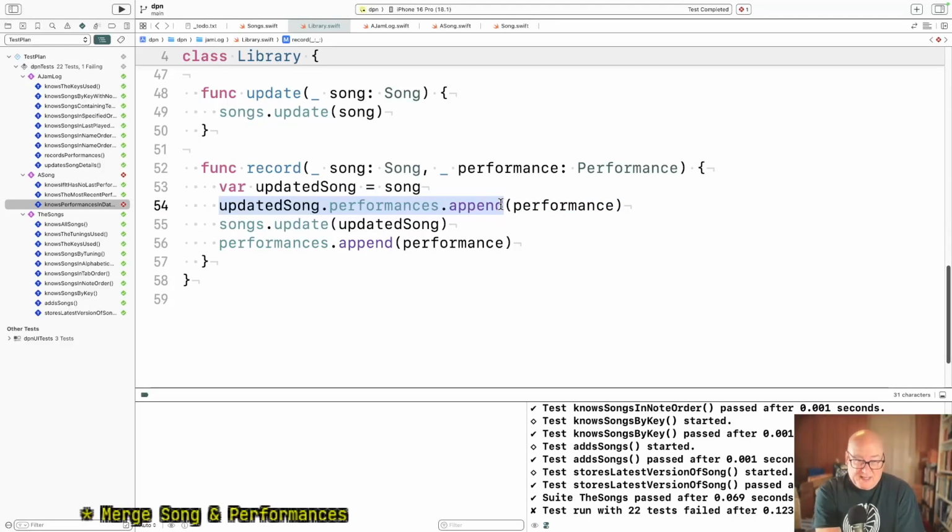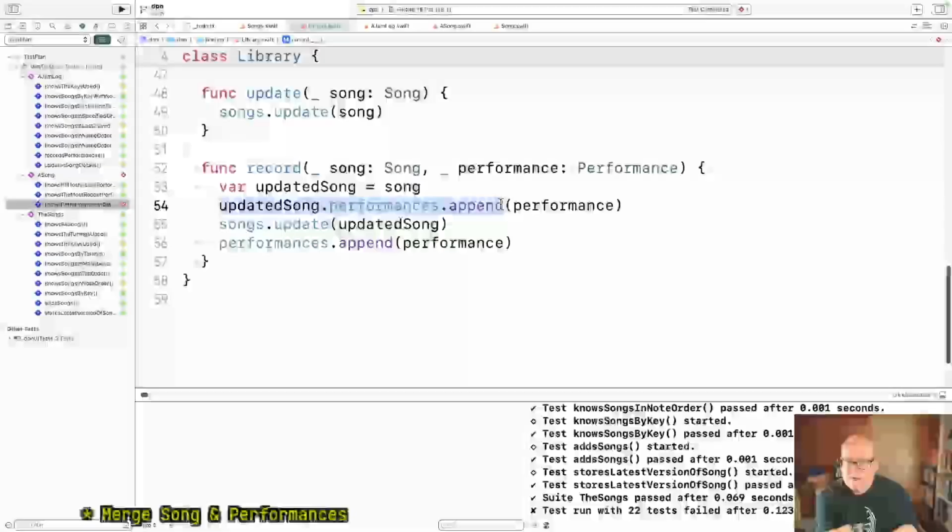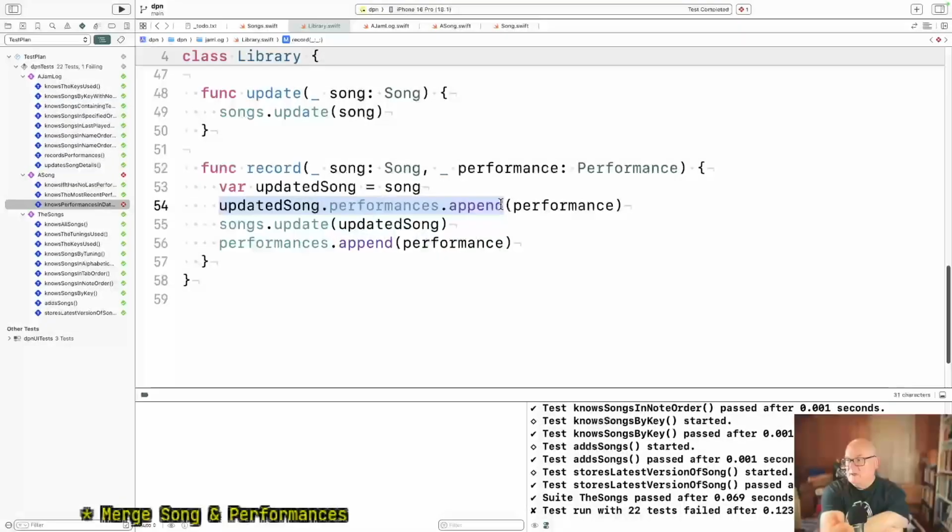What we really want to say is song with, well, we can't change song, so I want to say song with add a performance.